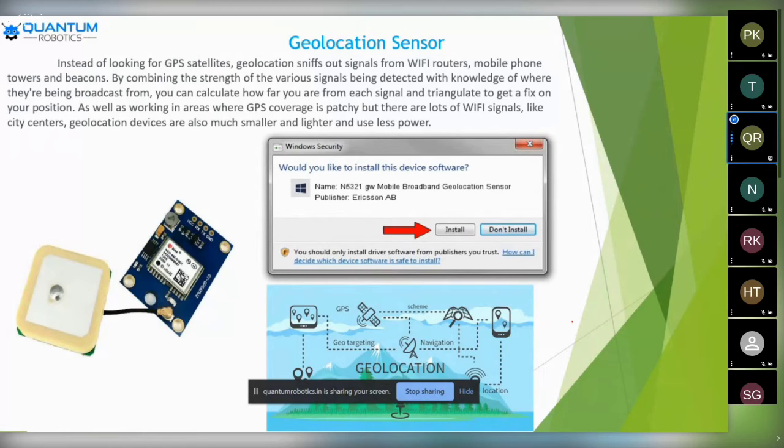It didn't have any particular one. I need to receive the signal from a net connection only, I need to receive the connection from GPS only, I need to receive the connection from GSS only, and there will be a signal modulation. But here the geolocation sensor can take the signals from anything, either in a satellite, a cell tower, or something else. From anything, the geolocation sensor can take the particular signal and give the exact pinpoint location.